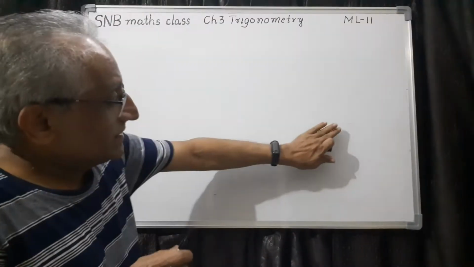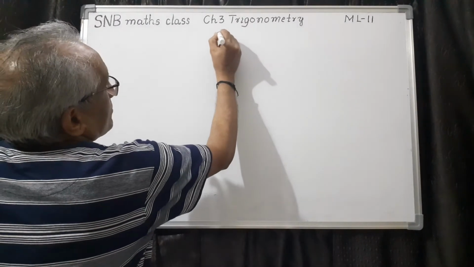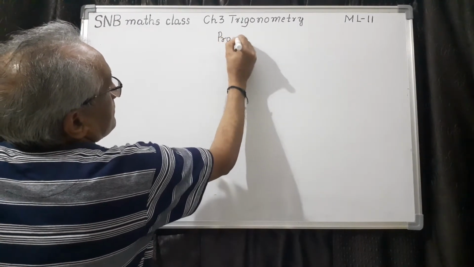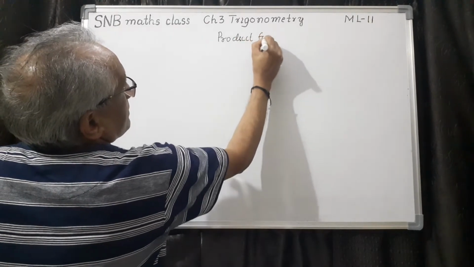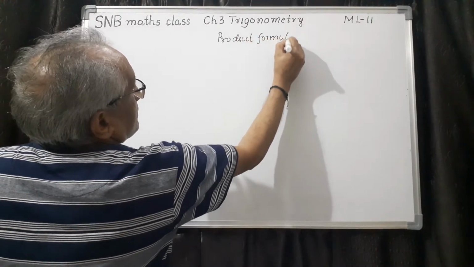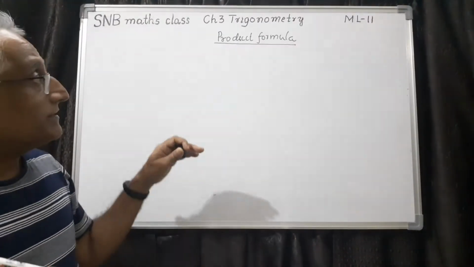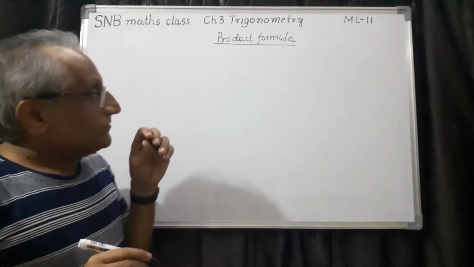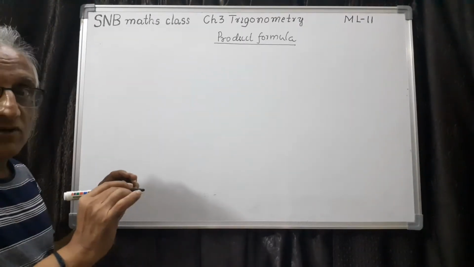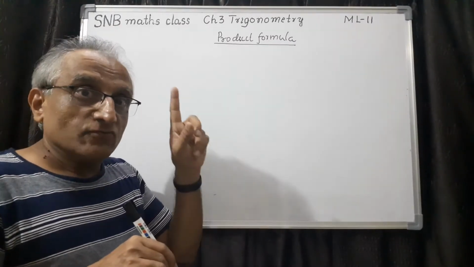Now first let me derive the formula, that is the product formula, that is, a sum can be converted into a product. So that is one formula. Now let me first derive the formula, then we will list. There are actually four formulas, one set of four formulas.